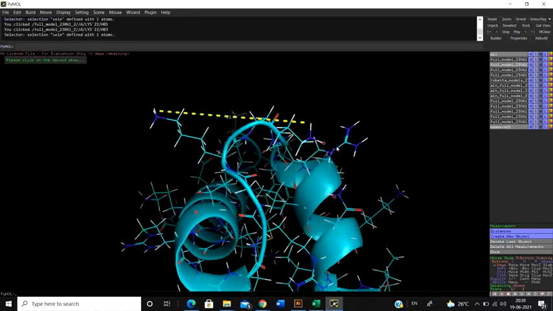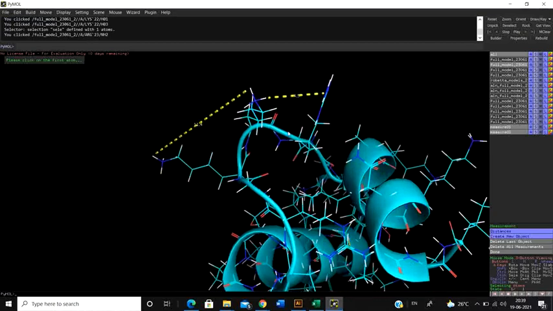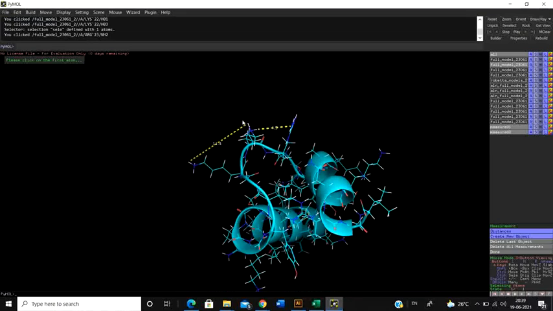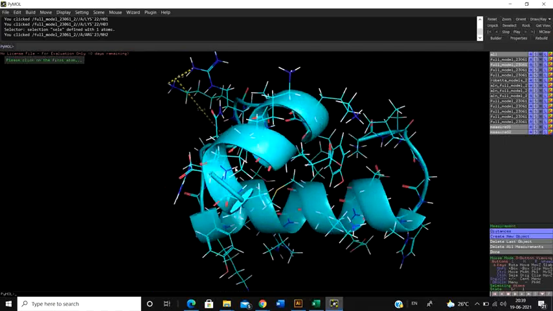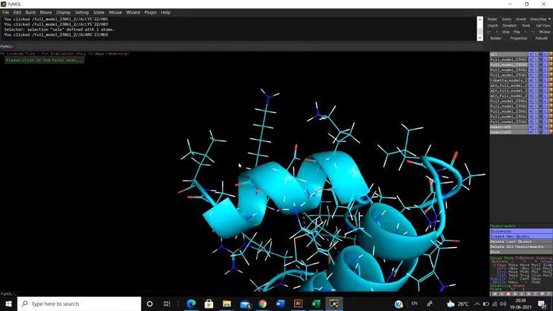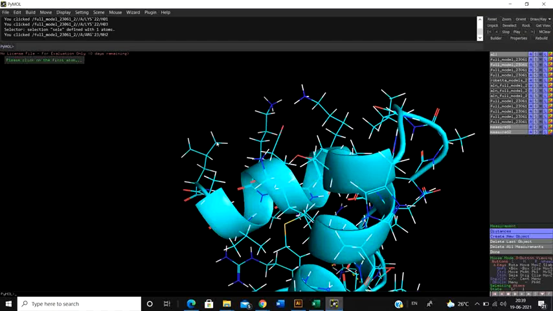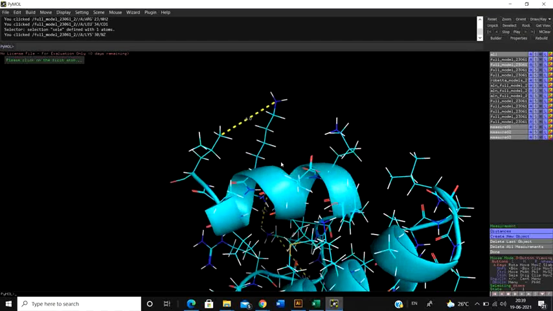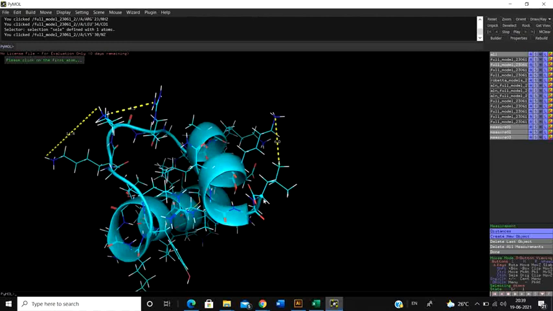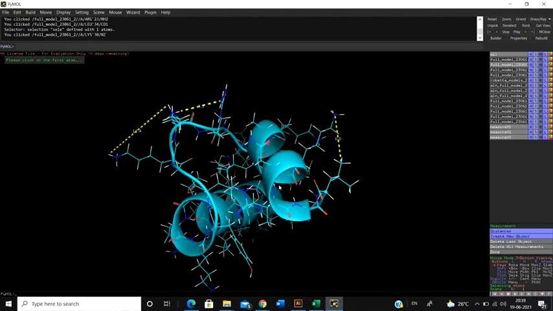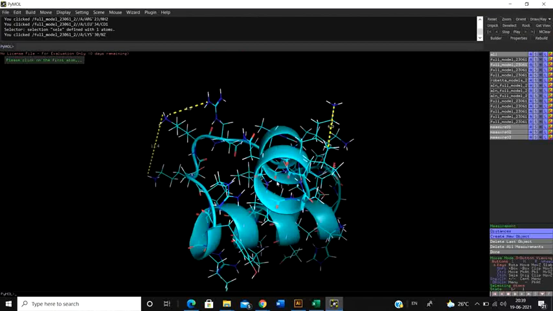I need to find out the distance between these two amino acids. See, they are separated by a distance of 4.5 angstrom. So like this, you can also check the distance between two atoms, or between a ligand and your protein, using this particular software. See, 6.0. Now usually, if two atoms are separated within a distance of 4 angstrom, they are at a distance of hydrogen bond. They can have van der Waals interaction and all. The greater the distance, the less the interaction and the less the contact between them. Like this, you can select the distance between any two atoms.